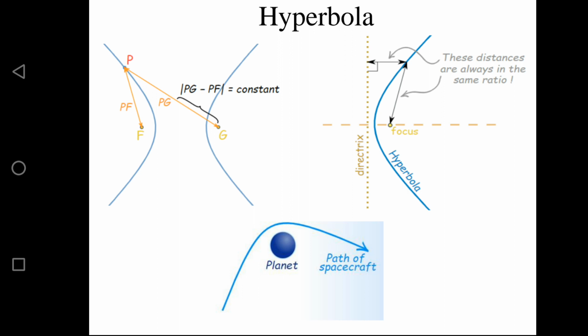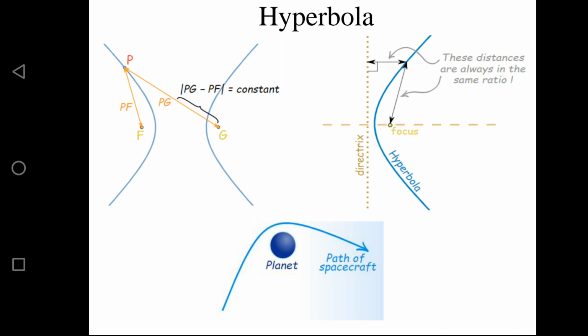We have some ratios here. So any point P is closer to F than to G by some constant amount. We have a constant which is added here. And also, if you see, the other curve is a mirror image and is closer to G than to F. So PF is not equal to PG, but we can say that PF is equal to PG if we added some constant in this one. So the magnitude of PG minus PF is equal to a constant.